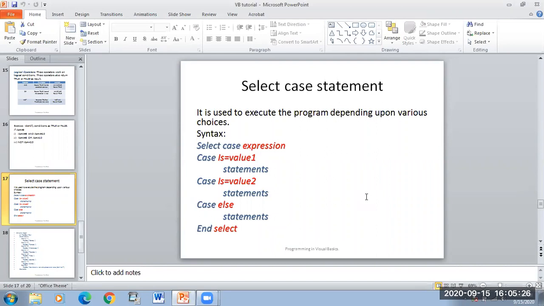To perform the class test, you will get a link on your group at 8:30 sharp. You have to click on that link, and your page will open in your mobile web browser. On that page, there will be a start exam button. Click on it and you'll be asked to enter your name.